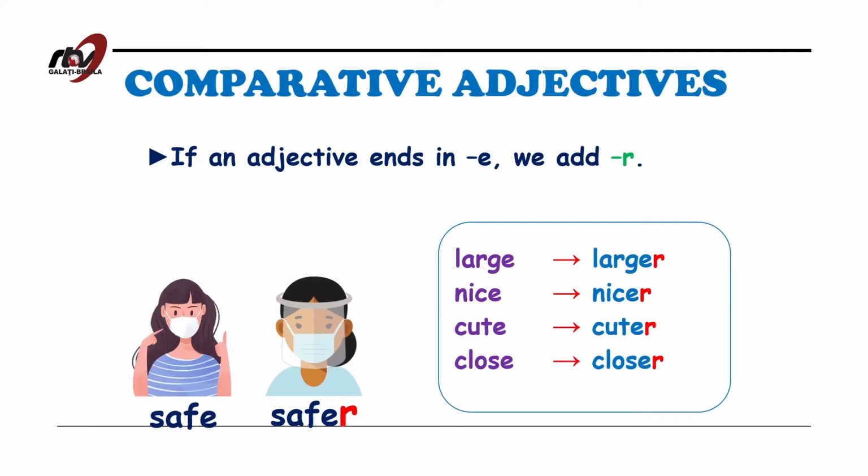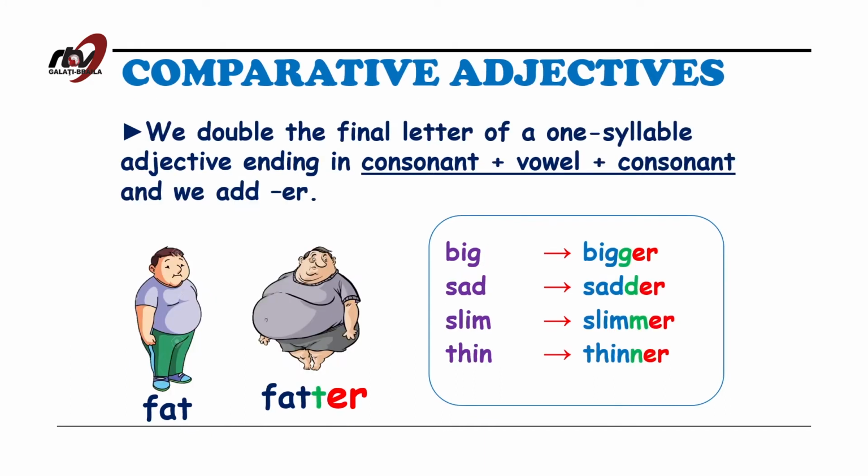As in large, larger, nice, nicer, cute, cuter, close, closer, safe, safer. And let's move on to another rule. We double the final letter of a one-syllable adjective ending in a consonant plus vowel plus consonant, and we add